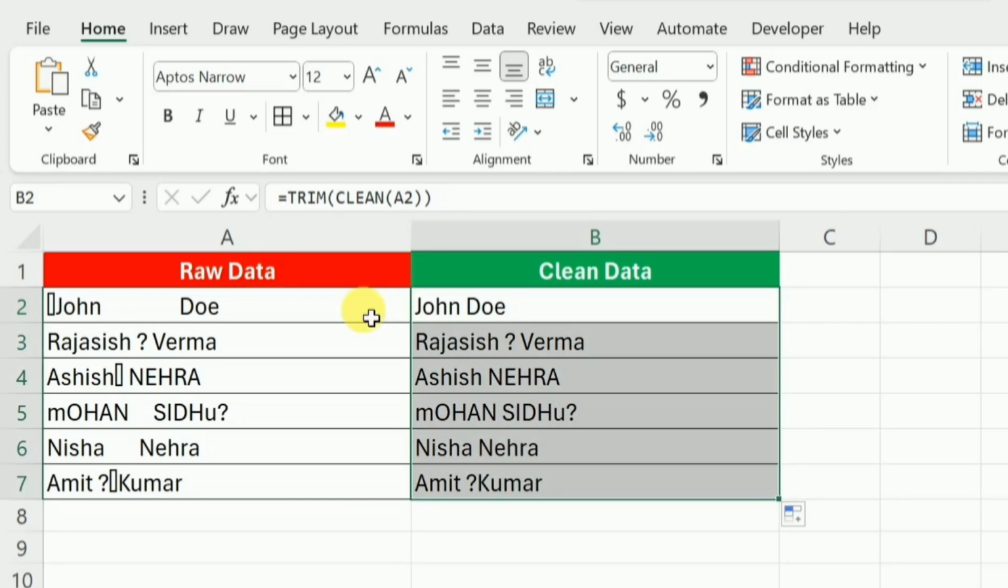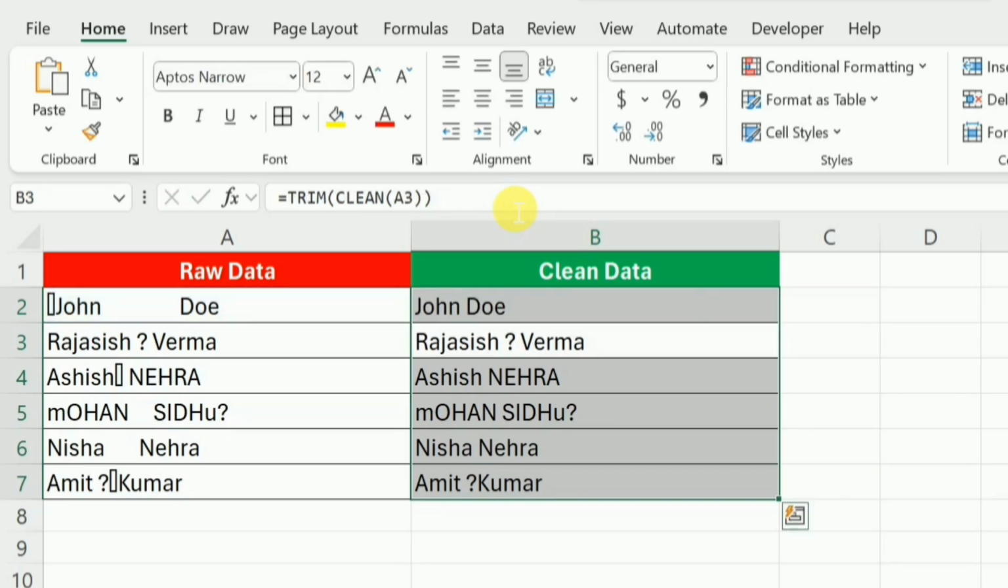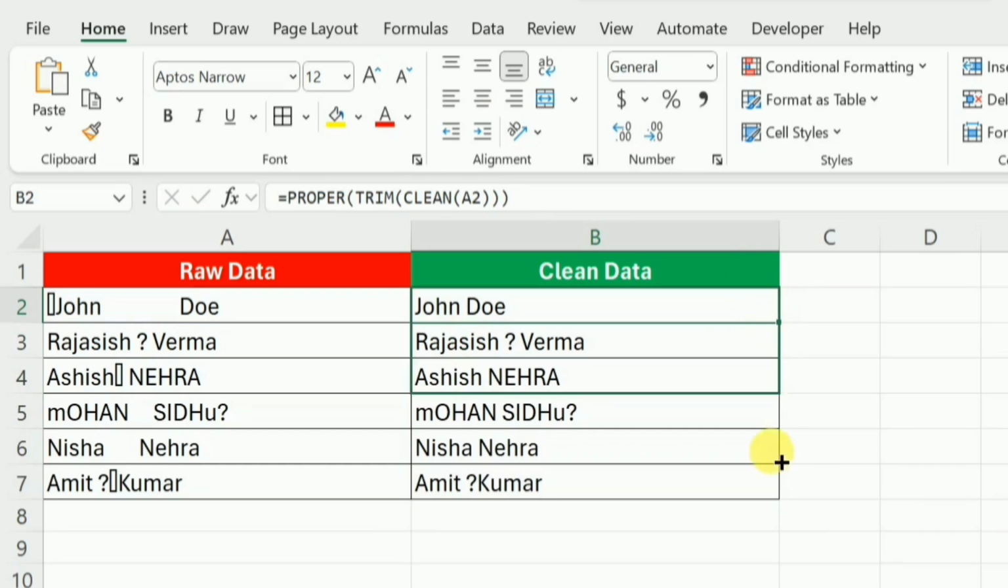Now the next thing is that there are some issues with this data where the letters are small and capital. To settle them all, I'll go to the formula bar and after equal, I will write PROPER and pass this formula as text to this function, close the bracket and hit enter. So now the issues of small and capital letters will be resolved as soon as I apply this